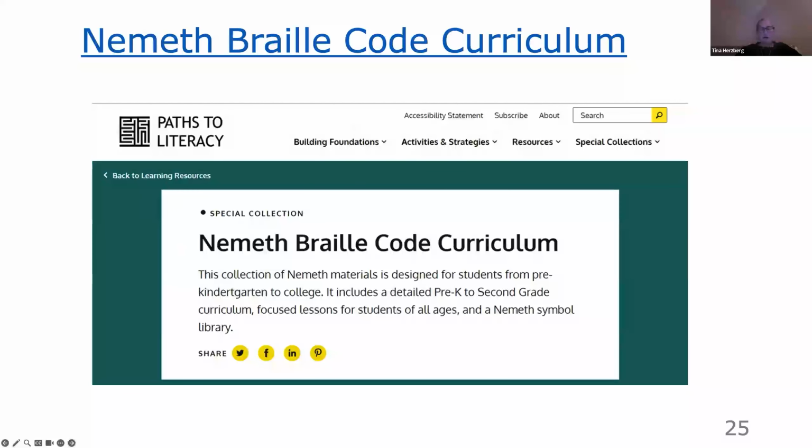So the Nemeth Braille Code curriculum, this is also available on the Path to Literacy website. So I worked with Susan Osterhaus and Sarah Larkin, and it literally took us several years. We developed a comprehensive Nemeth Braille Code curriculum. The great part about it is that you literally can just download it. It has lots of resources for you. On the next slide,